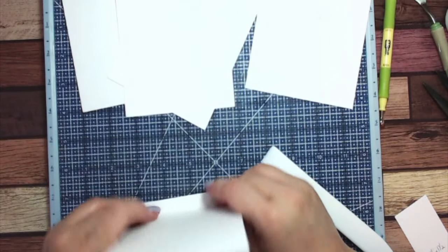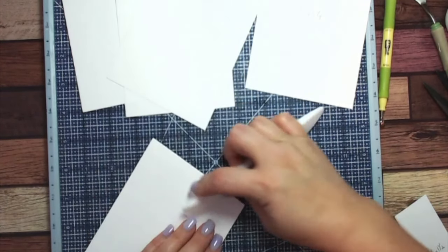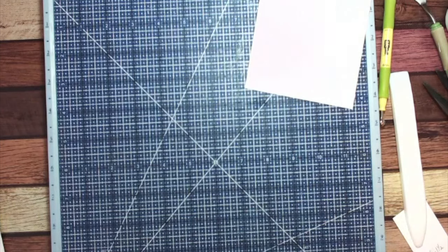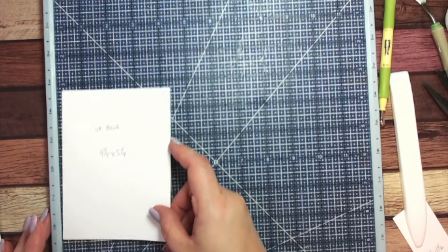And one more. Give it a good crease. And again, it's up to you whether you want to do score tape or glue. So then what I like to do, another ingenious thing that helps me keep it super straight,